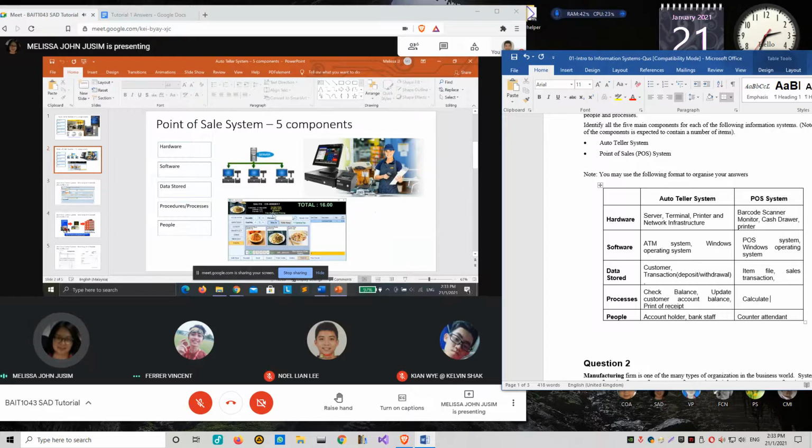Let me see, like I already scanned the item. The first transaction is shown here, and then the total is shown here. So this is one of the processes that can be done by the point of sale system, to calculate the total amount. Normally it depends if there's any tax, any discount, and so on. So, only calculating of the total amount. Print receipt, yes, correct.